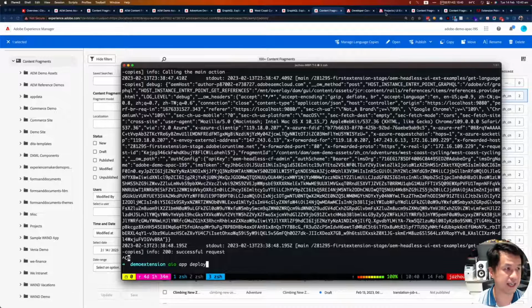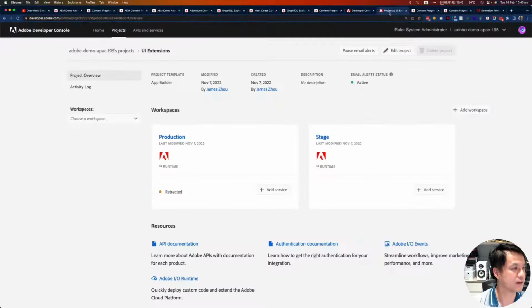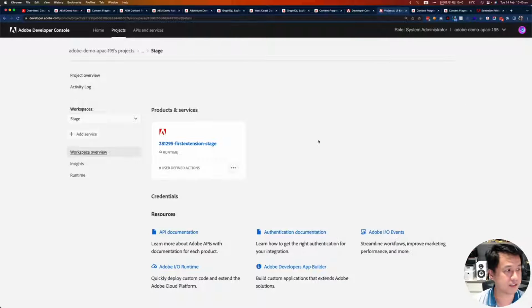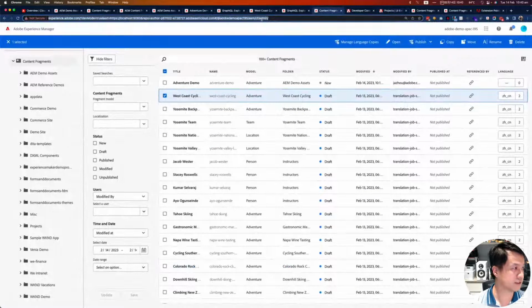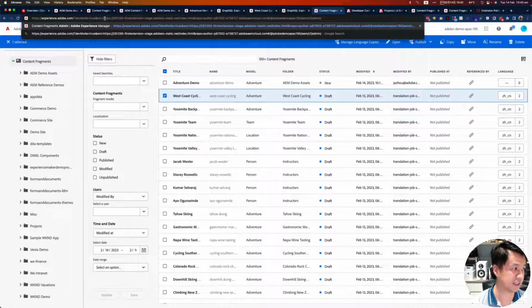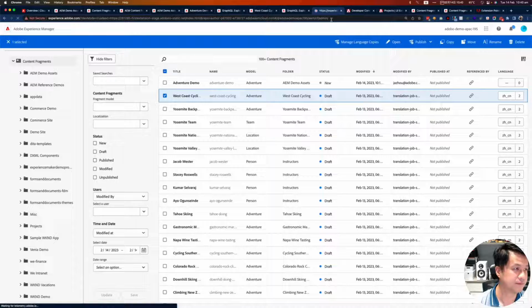What it does is, if I go back to my cloud here, you remember this is the stage workspace. After you run that method, it will be deployed into this workspace. That means you can hand over to your QA team for testing purposes, right? And in order to test that without running on your local, with a similar concept, just replace this extension parameter with the stage environment URL.